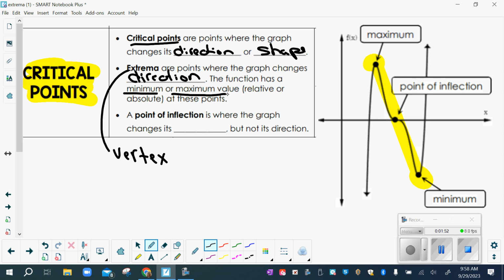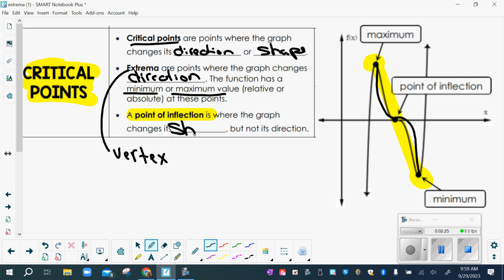Now, the other one is the one I talked about, and I kept saying it's a point of inflection, meaning it's like something's happening, but it's not as obvious, right? So it's like when you're on the roller coaster and you get that one part where it takes a minute and it kind of flattens out and then it keeps on going. That flat kind of boring part, we call that a point of inflection. And what's happening there, if you notice, my graph looks kind of curvy and then it's curving the other direction. It's changing its shape a little bit.